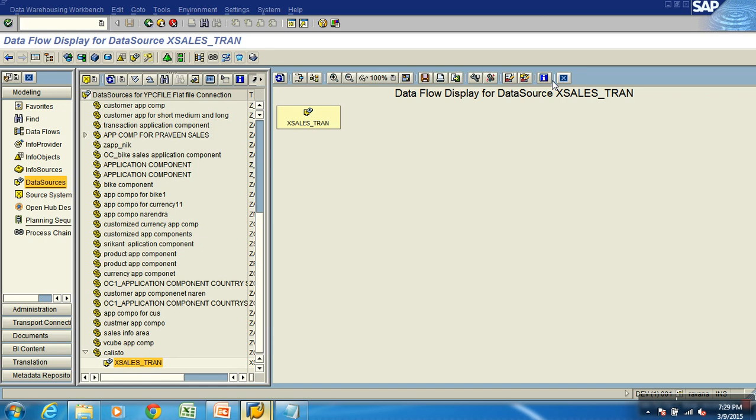I have a data source component and I have the target component now. It could be a cube, an ODS, any target. The target will have Infobits. The data source will have fields. Now I need to do mapping between these two objects, the data source and my target, which is the cube. With this mapping, I am going to declare which field in my data source maps to which Infobit in my cube.